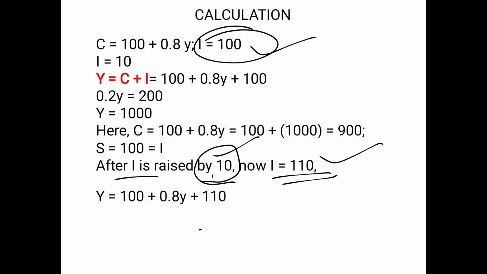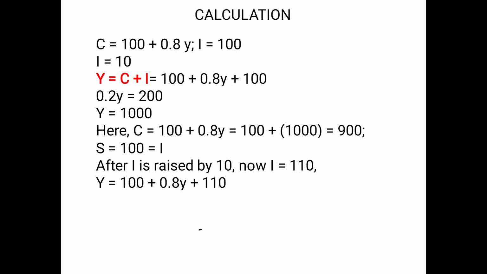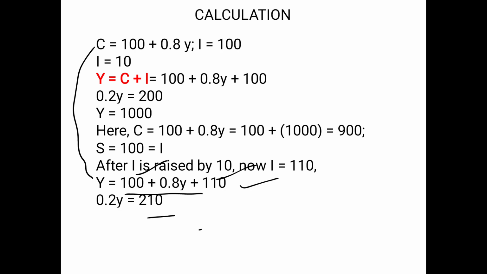So when it becomes 110, again you have to apply the formula and then do the sum. So again C is equal to 100 plus 0.8y, and we bring in this 110, because the investment has increased by 10 crores. From 100 crores we have increased by 10 more crores, so it has increased to 110 crores. So again you add these two together, you get 210. Here you bring it as 1y minus 0.8y, which is equal to 0.2y. So you get your income as